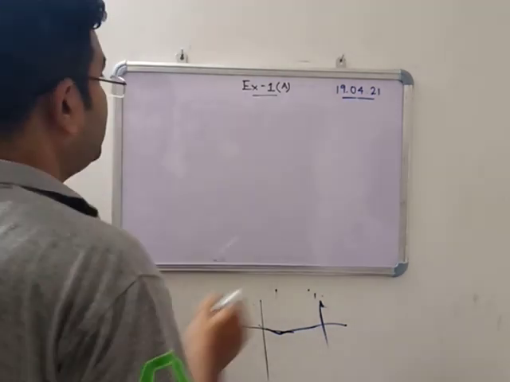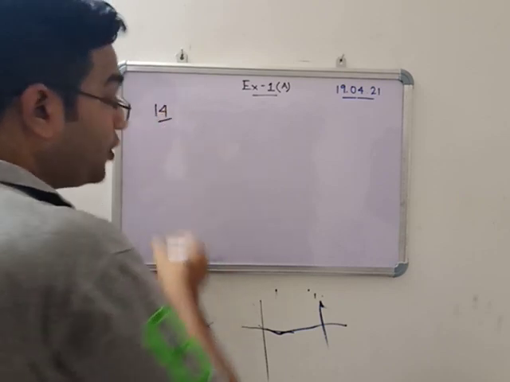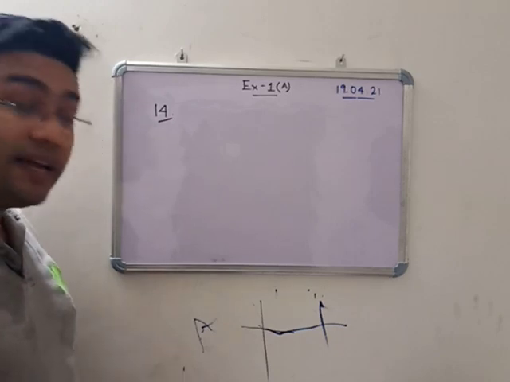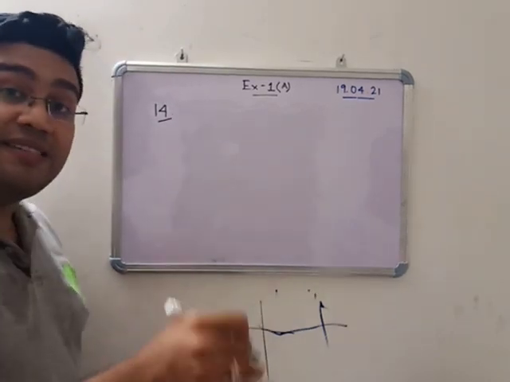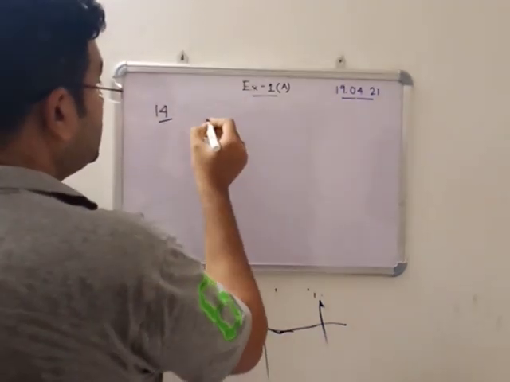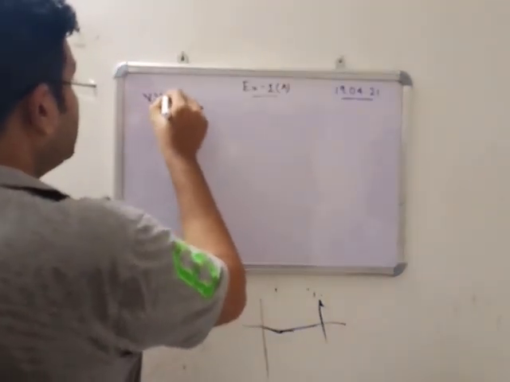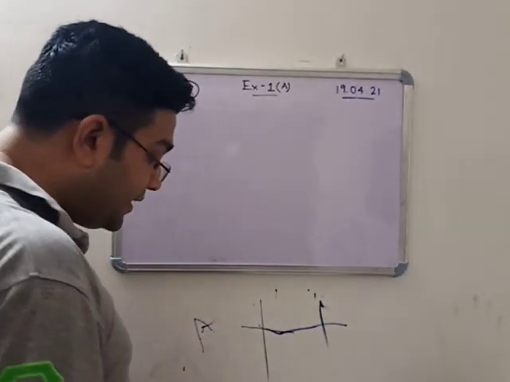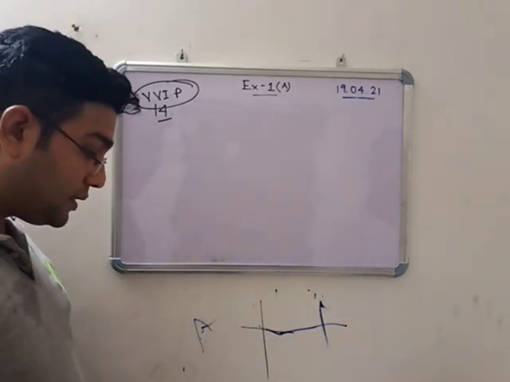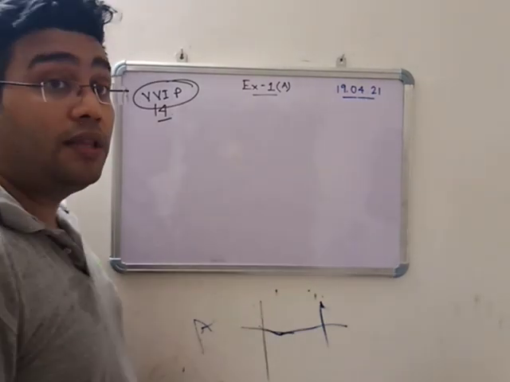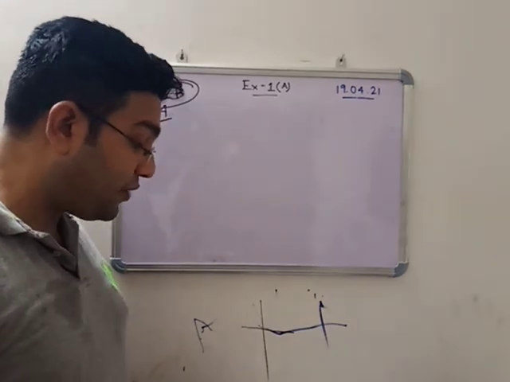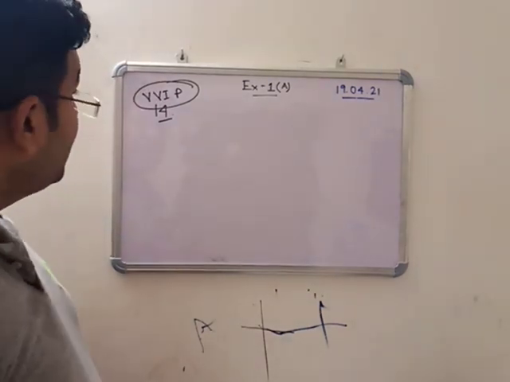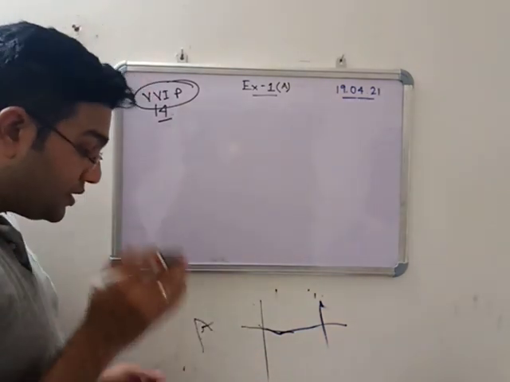Next, number 14. Very important sum this is. In number 14, see that: how many 6 digit numbers are there in all? This is a very important question, students. In the question paper or in the exam, this question can be given as how many 5 digit numbers are there in all, or how many 7 digit numbers are there in all. So the same process will be there.